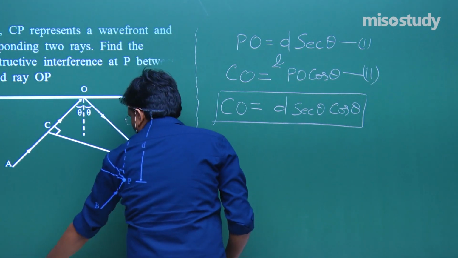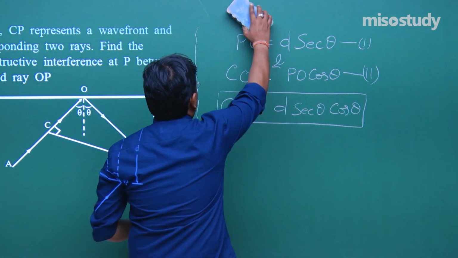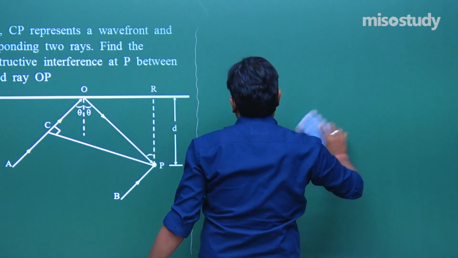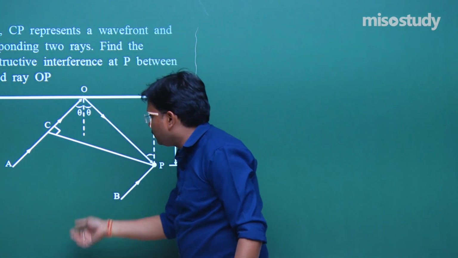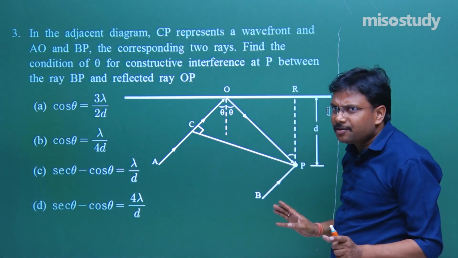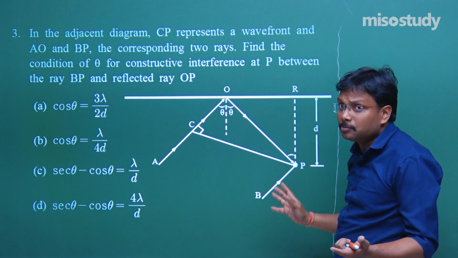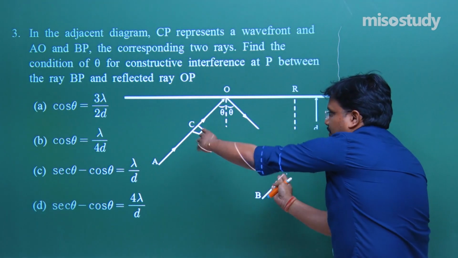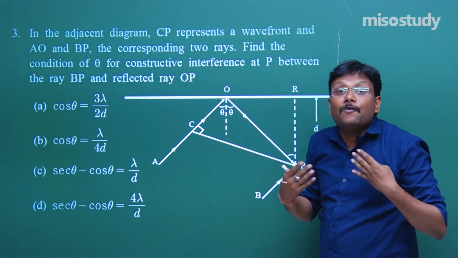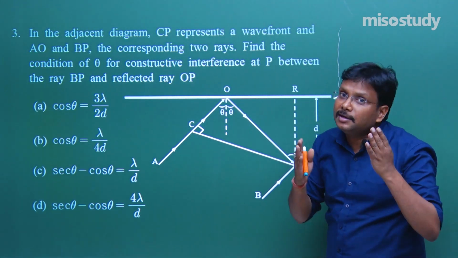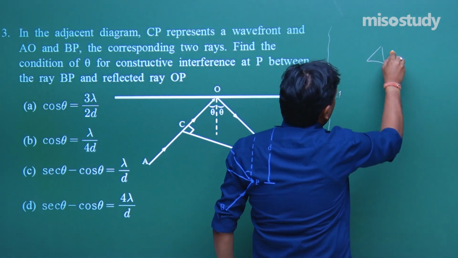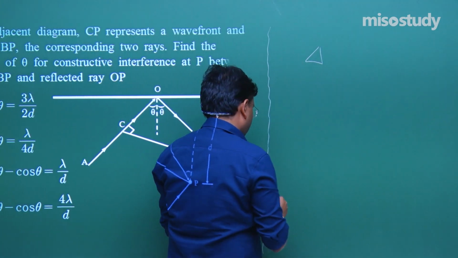Now diagram is clear, equations are clear. After this I would like to mention a very important aspect. This ray and this ray, obviously some path difference is going to take place. Why? Because they are tilted. So our aim is to find out that path difference. What is that path difference? That is delta x is equal to,